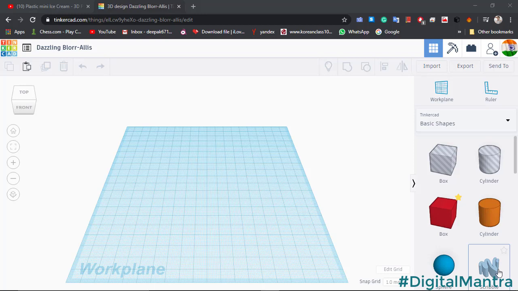I will tell you about what girls wear in their hands, like chains and bracelets. So we are going to make bracelets by using simple features and simple shapes like a cylinder and a box, using simple features and applications which are present, and it is very handy for us. So let's begin.